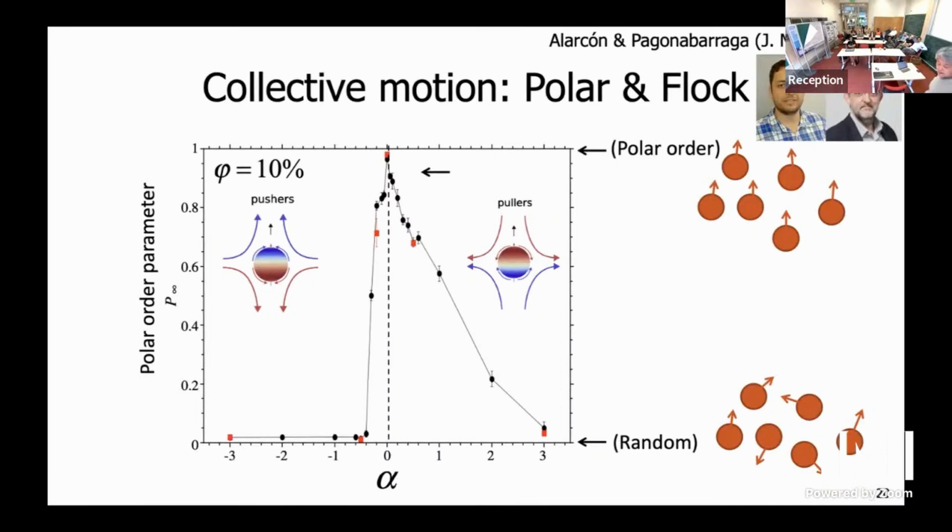But as the pusherness or pullerness is increased, such a preferred polar state is destroyed. Such destruction of the polar state is much easier in the pusher direction than in the puller direction. There is such a big asymmetry. The origin of this asymmetry is not yet fully understood. Not only this,